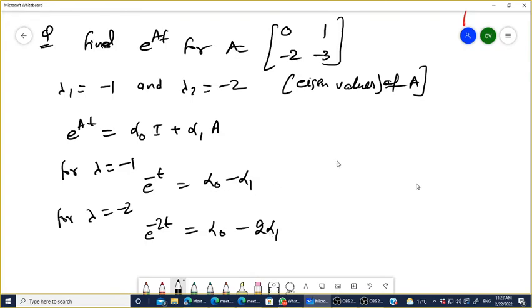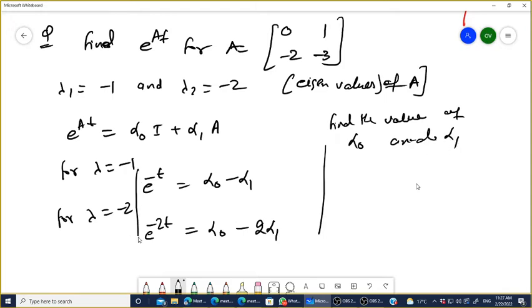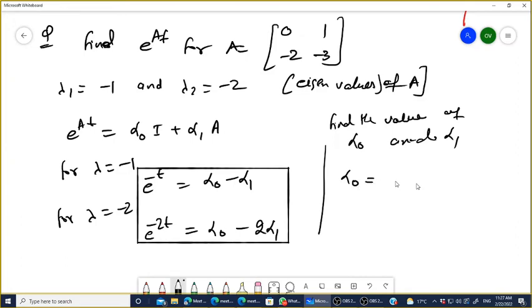Now find the values of alpha naught and alpha 1. You can solve this equation because there are two equations, two variables, right? So when you calculate alpha naught, you will get 2 e to the power minus t minus e to the power minus 2t. Alpha 1 is equal to e to the power minus t minus e to the power minus 2t, right? So therefore e to the power at becomes,